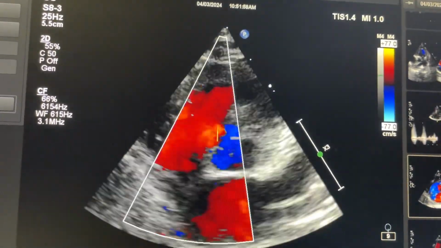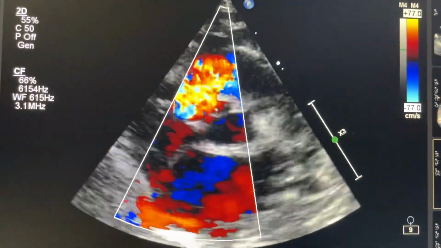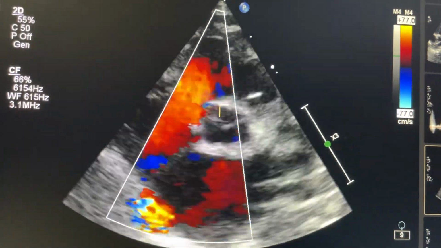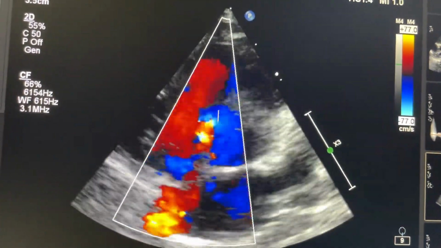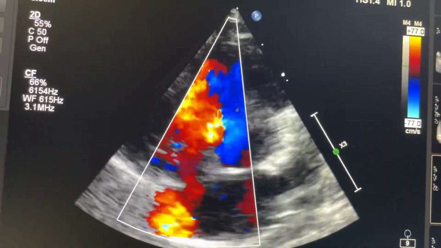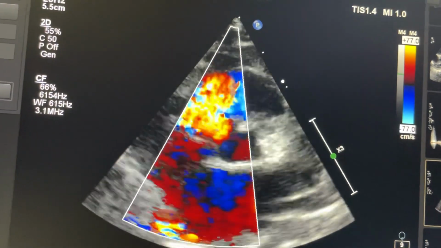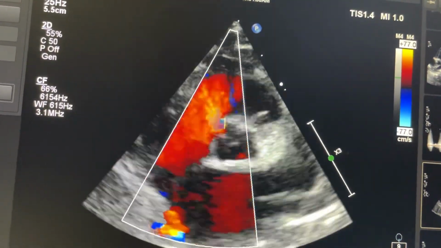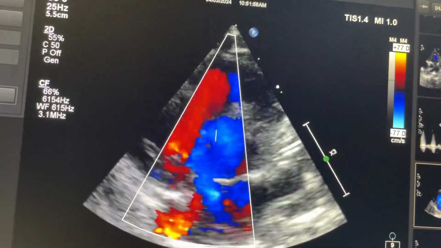In this image, this is the aortic valve. This whole thing is the right ventricle. So any flow you see between the right ventricle and aortic valve, that is VSD. If the VSD is close to the tricuspid valve, then that is perimembranous VSD. If you imagine it on a clock, it will be at 9 and 10 o'clock